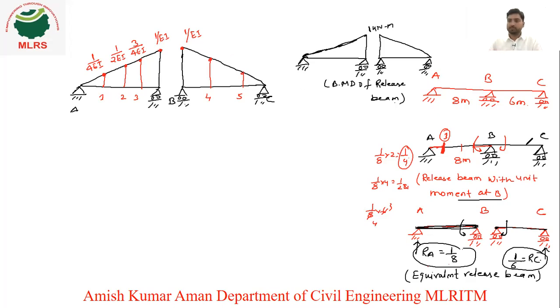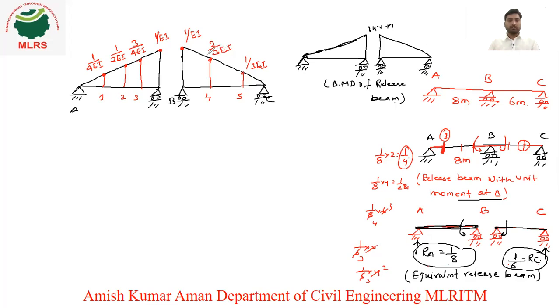Now coming to this span, this is 2, 4, and 6. At this point, that is your fifth point, we need to calculate. So what is your RC value? 1 by 6. So 1 by 6 into distance 2 is 1 by 3. So here it will be 1 by 3 EI. Next, 1 by 6 into 4, 2 2 is 4, 2 3 is 2 by 3 EI. So we have calculated each and every deflection point on this conjugate beam, right?